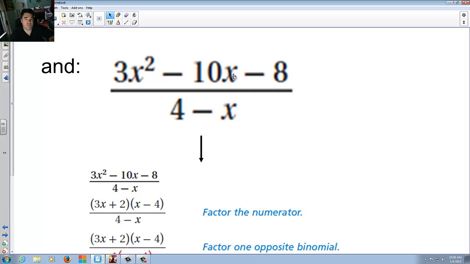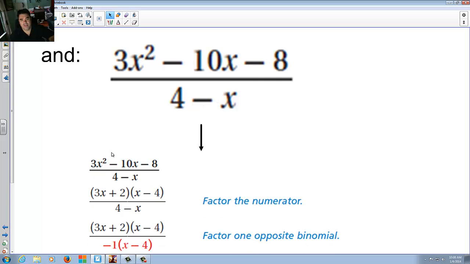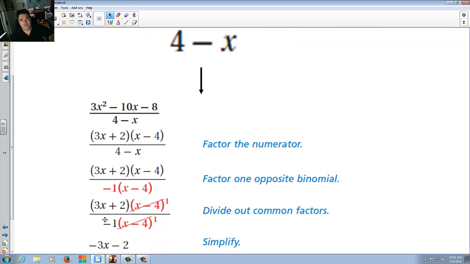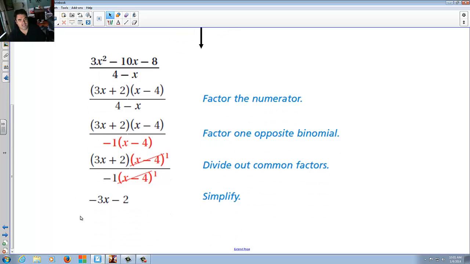And 3x squared minus 10x minus 8 over 4 minus x. Now notice what they did here. They split these up into 3x plus 2 and x minus 4. Notice how that 4 minus x is flipped again. So we're going to times by negative 1 to put it back the correct way. These cancel, leaving 3x plus 2 over negative 1. Now I don't care if you leave it like that. I don't care if you make negative 3x minus 2 over 1 or negative on the side, as long as